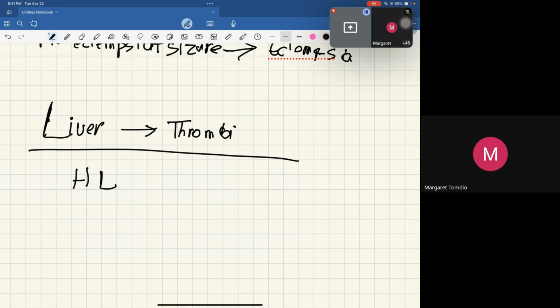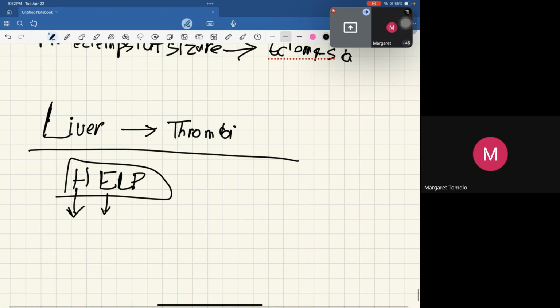So there is hemolysis, and since the liver is damaged, the liver enzymes are elevated, and low platelets are present, because whenever there is a microangiopathy,